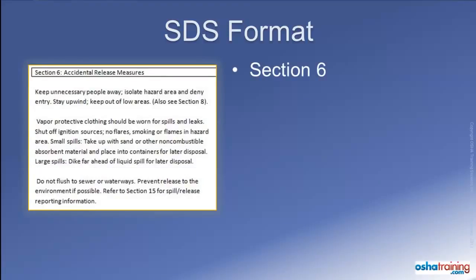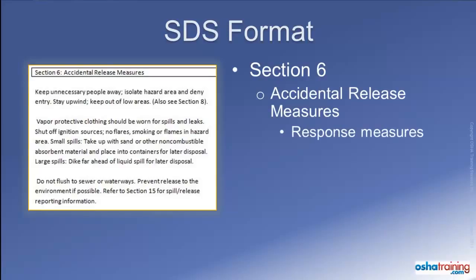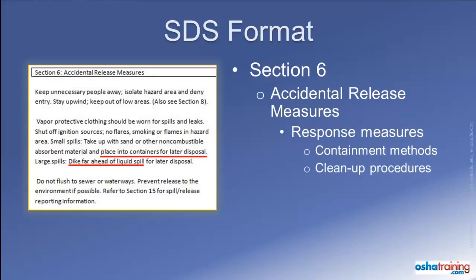Section 6 of the Safety Data Sheet provides the manufacturer's recommendations for responding to spills, leaks, or accidental releases of their product. This could include response measures for containment and cleanup methods to be used to prevent or minimize exposure for response personnel. This may include specific recommendations for protecting personnel involved in the response from specific hazards, such as